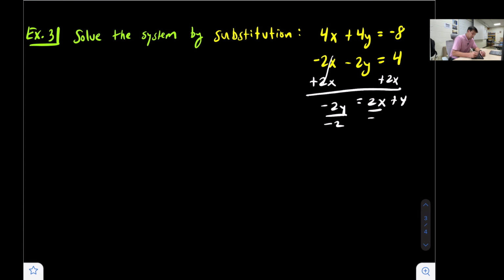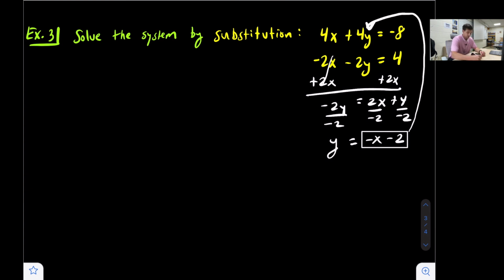And then I'm going to divide by negative 2, so I can solve for y. So y equals negative x minus 2, right? And I'm going to put my box around that because that is what y is equal to. So now I'm going to take this expression and plug it in my other equation right there for y, because that's what y is equal to. And it's a system, so whatever y is in one equation, it's got to be the same thing in the other equation. So now we have 4x plus 4 times negative x minus 2, that's where we substituted that expression in,